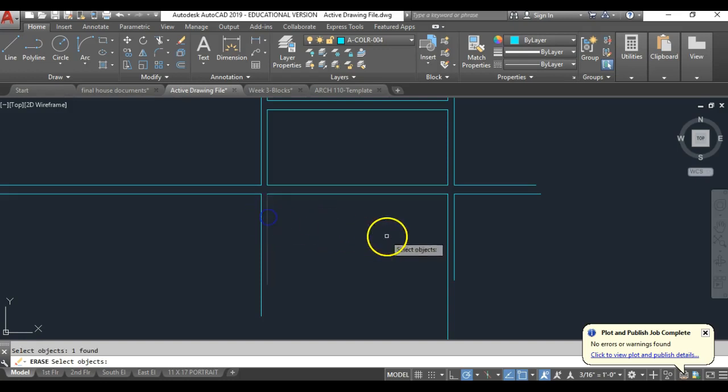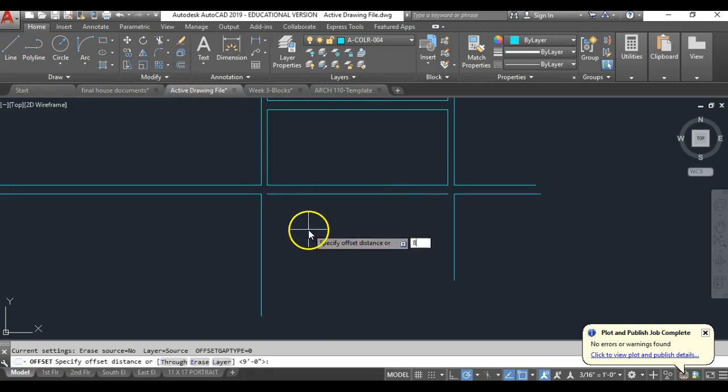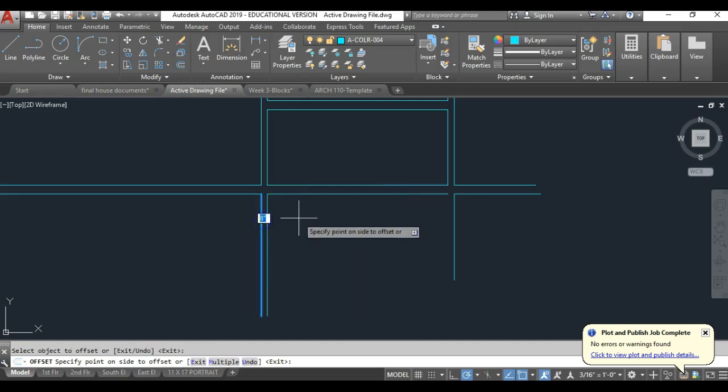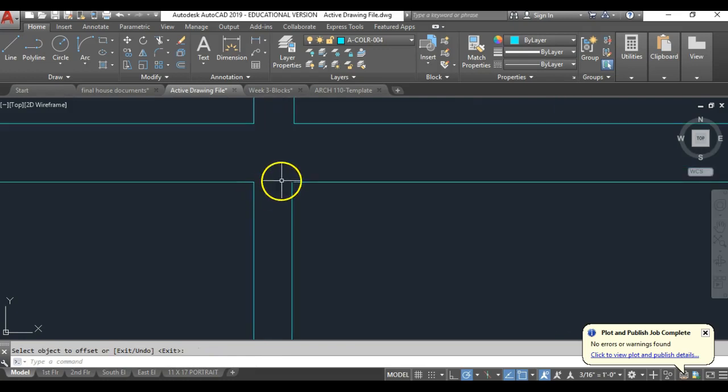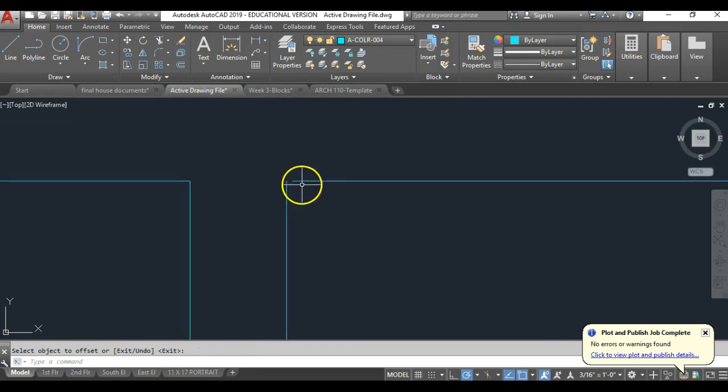So I'm going to erase the inside dimension there and keep the outside, so the outside walls are aligned. And I'm going to offset the thickness of the foundation, which in this case is 8 inches. So I'm going to go offset and do 8, enter, and click here, offset inwards, and click here and offset inwards. If you zoom out, it almost looks like it was the same, but it's not, right? If I zoom in, we can see the gap. So I do have to fill that gap together